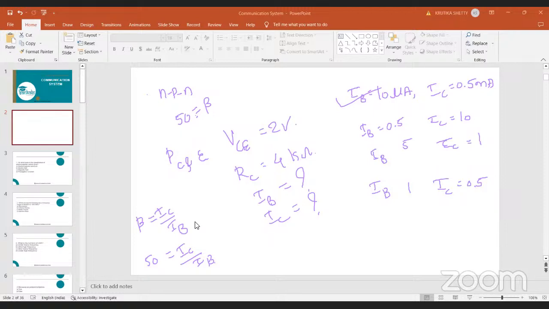So use the formula beta is equal to IC by IB. Here beta value is given. We have the RC value. So therefore, RC is equal to VCE upon IB. So you know the VCE value and the RC value, from this you will get the IB value. So once you get the IB value, you can do IC by IB. So like that you will get option A as the correct option here, that is IB is 10 microampere and